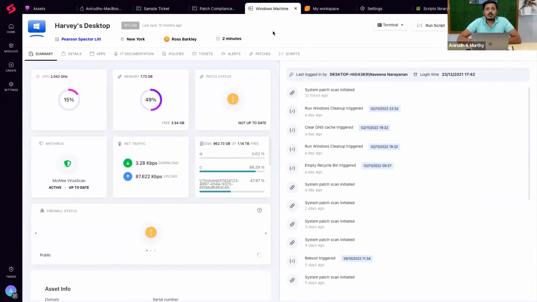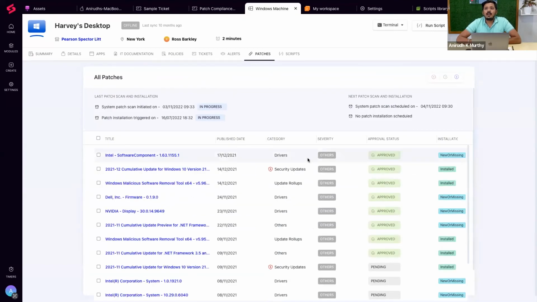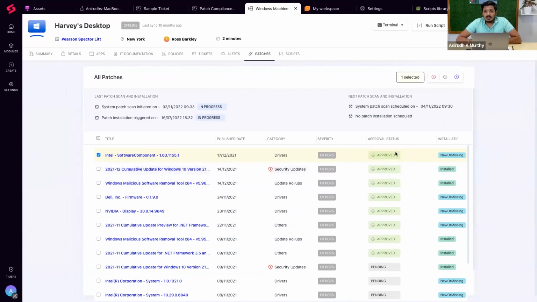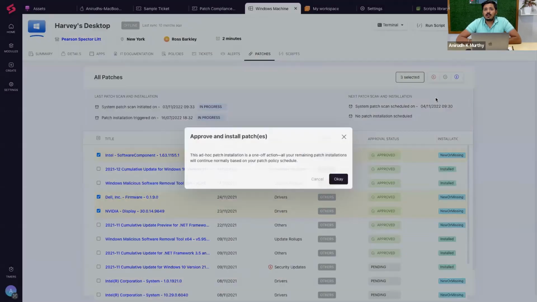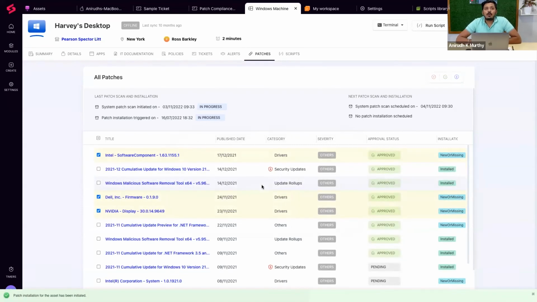That is, if a particular patch is available and yet to be deployed, I, as a technician, could just choose that particular patch here and deploy it immediately. So, for example, this particular desktop had the issue that the patch compliance was not up to the compliance levels, and hence I look at that. I look at these patches that are missing, and I could immediately approve and install them, right? And that would be lined up for deployment on this particular